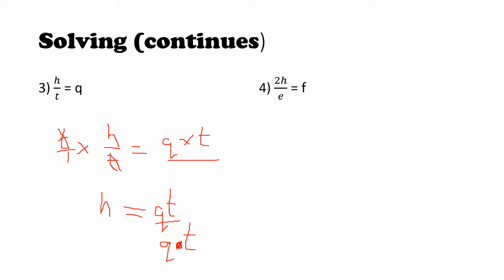We're starting away towards. So to get rid of the e, we have to understand that it's been divided. And the rule is very simple. To get rid of division, we multiply. So here, I will multiply e. E multiplied by 2h. I'll have 2h over that same e there. And that's equal to f. And I multiply that f by e. Remember, whatever you do on one side, you do on the other side too. So on this side, the e will cancel the e. And that would leave us with 2H